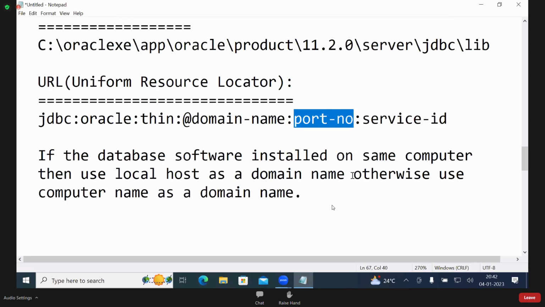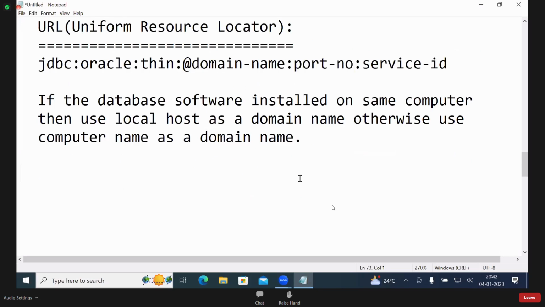In core Java class you learn this, but again I'll give it here. Port number.